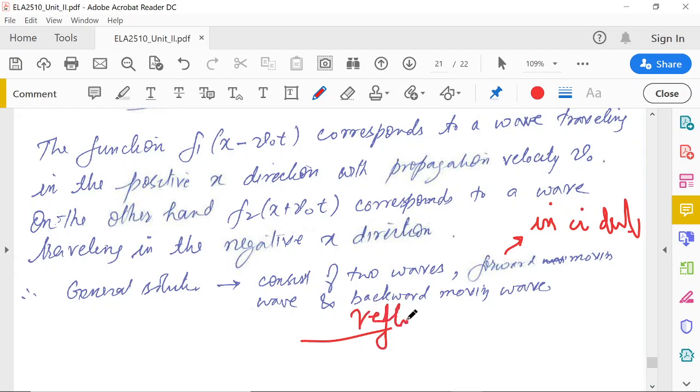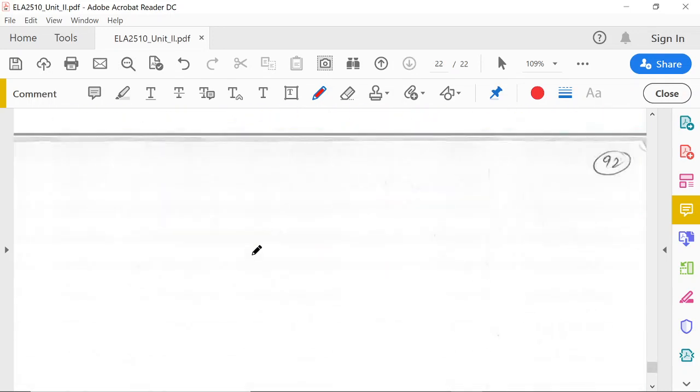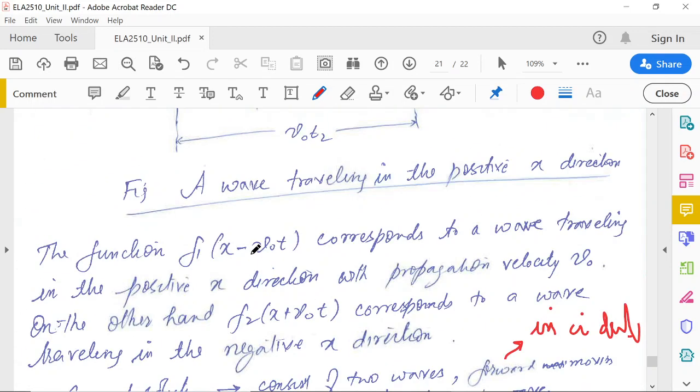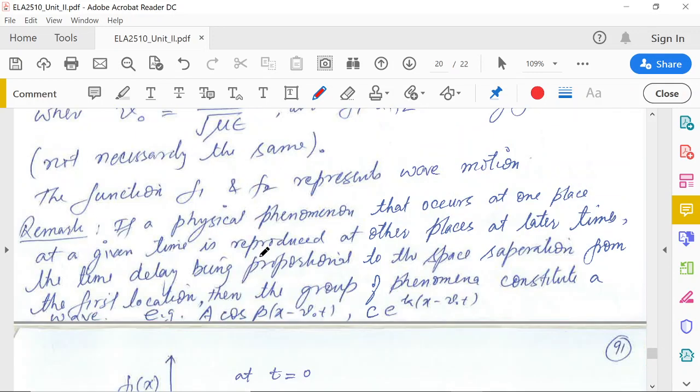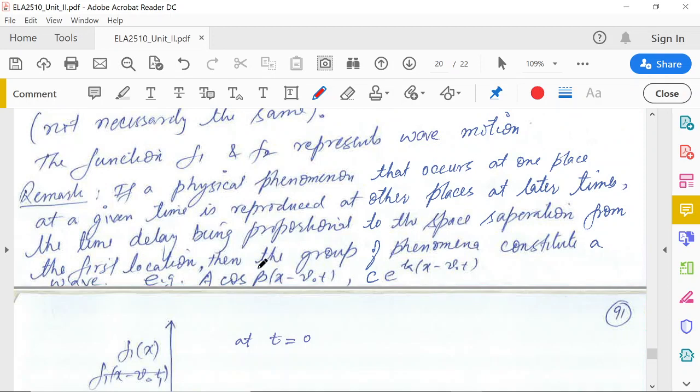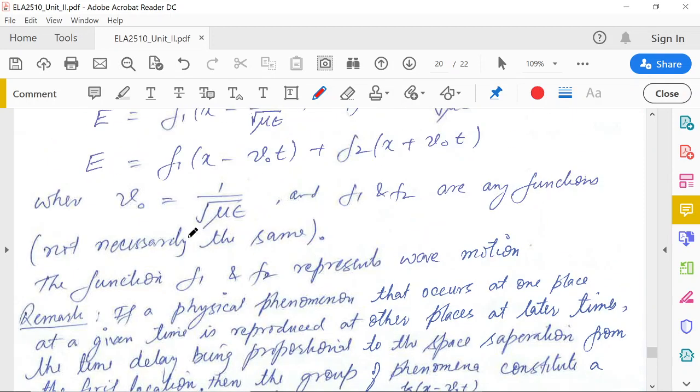We will see in the later classes what the incident and reflected waves are. In general, we can say they are the forward moving wave and the backward moving wave. So here we conclude this unit, where we have given the general concept of a wave. In the later classes, generally we will not consider any arbitrary function, but we will take sinusoidal functions, maybe complex or maybe real functions.